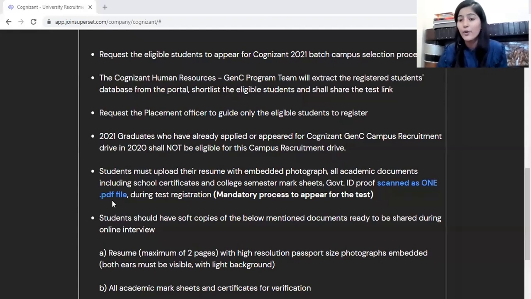On the next page, put your 10th mark sheet, as they have clearly specified the school certificate. So that is the 10th mark sheet you have to put. And then on the next page, the 12th mark sheet, and then the college semester mark sheets. I'm hoping that you must have up to 6th semester mark sheets. So one by one, on every page, you have to put the mark sheets. That is first semester mark sheets, then second semester, third semester, fourth semester, fifth semester, sixth semester.